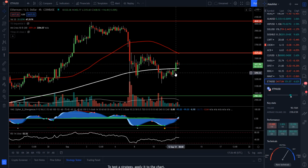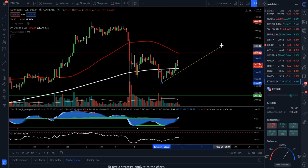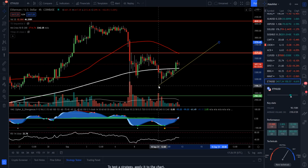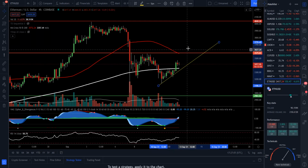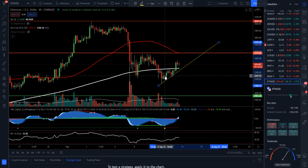But the main thing that I can tell you is keeping an eye on these higher lows. What you can do is even draw a trend line right here, as we'll try to get as many touches as we can. So right in that area, we want to continue to hold this uptrend. If we can hold this uptrend, we'll be good to challenge some of these higher levels. All right, guys, so that's going to be the main thing there for Ethereum. And you can also see we had a little bit of bullish divergence here with a golden buy at roughly about